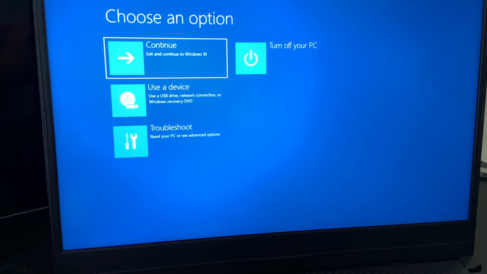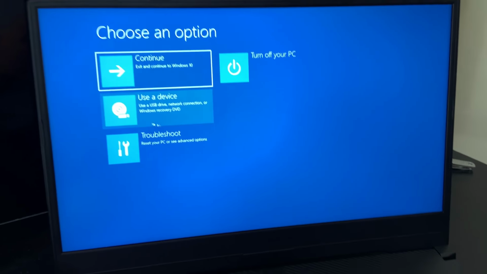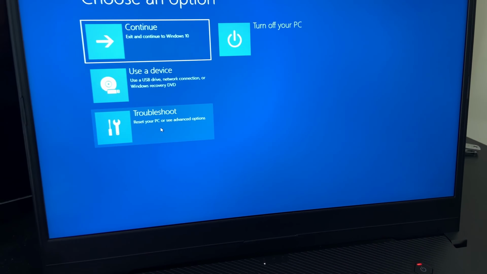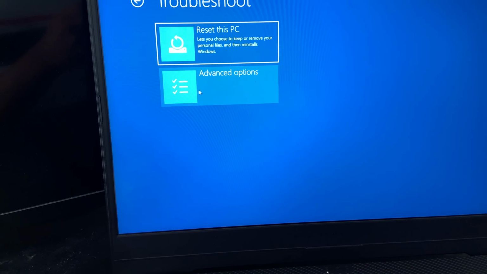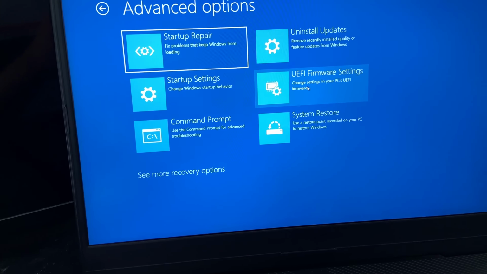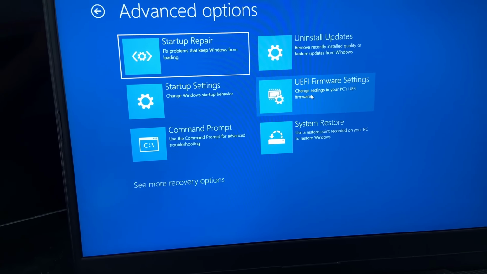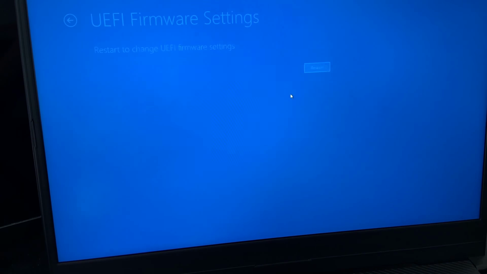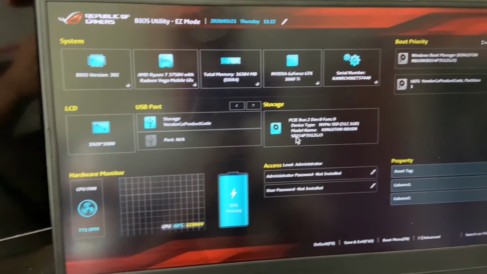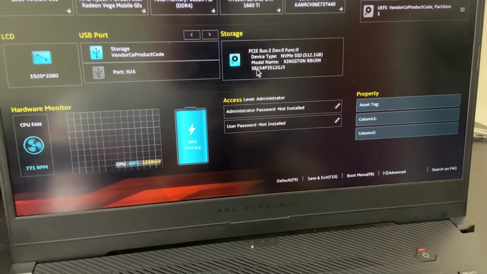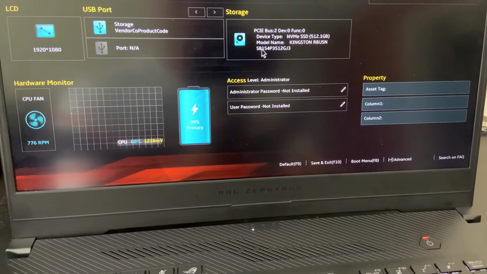Sorry for the format change, but as you guys know, once you restart your computer, you cannot record. So here we are. We go to our troubleshoot settings. After that, you go to your advanced options, and then you go here to UEFI firmware settings. Just click into that, and then you say go ahead and restart. All right, so now that we're in our BIOS section, what we want to do is